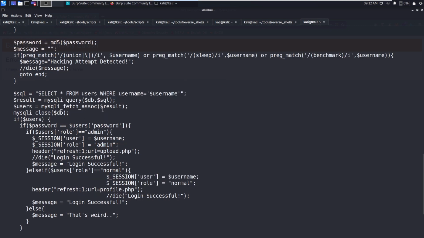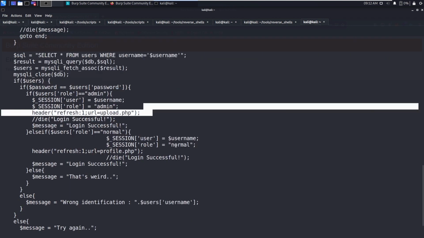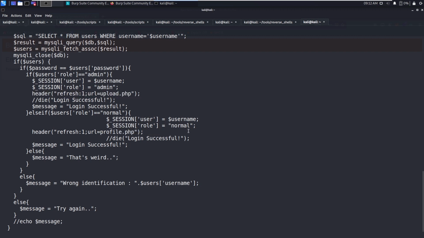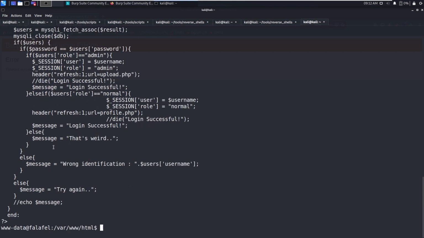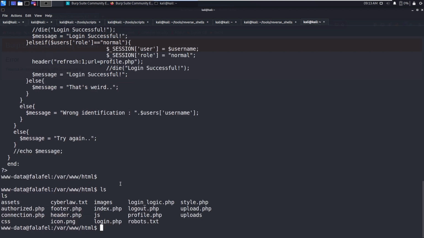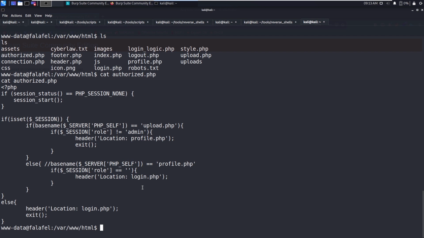Now fetch password, and if role equals admin, then going to upload.php. Otherwise it is the normal profile.php. Okay, since we are admin, we went to the upload.php. So that is the logic of this. And authorizer.php, so it is checking the roles.